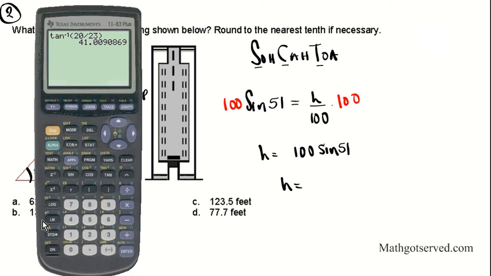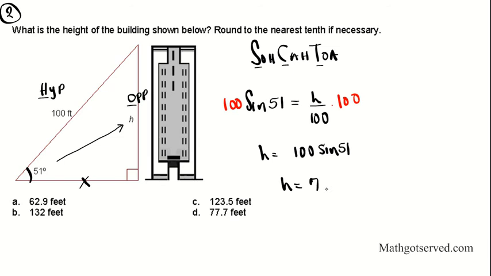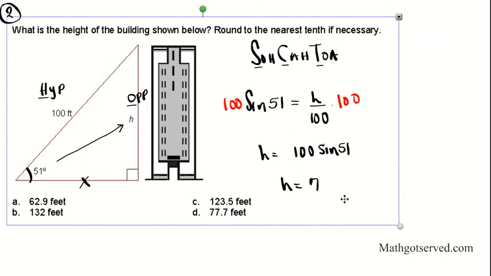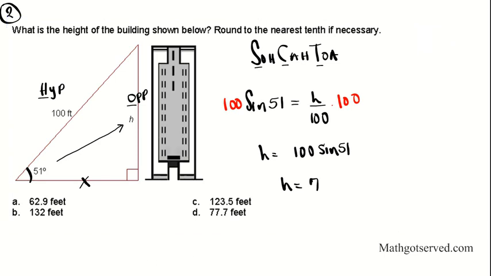All right, so let's go ahead and compute that. 100 sine 51. And the answer is 77.7 to the nearest tenth. So 77.7, yeah, 77.7. All right, so let's go ahead and write that down. 77.7